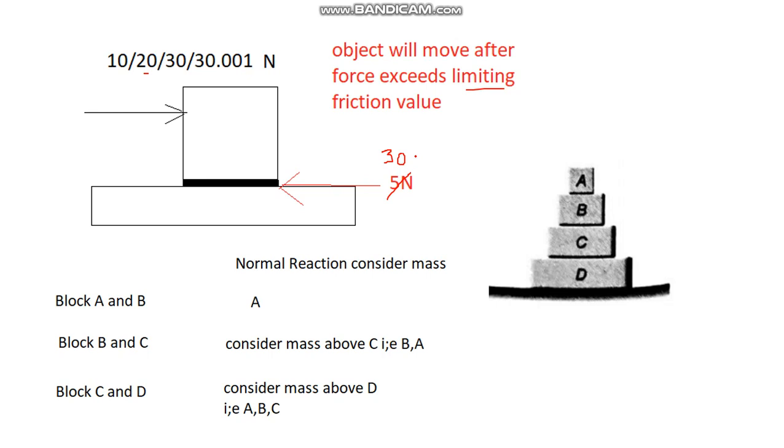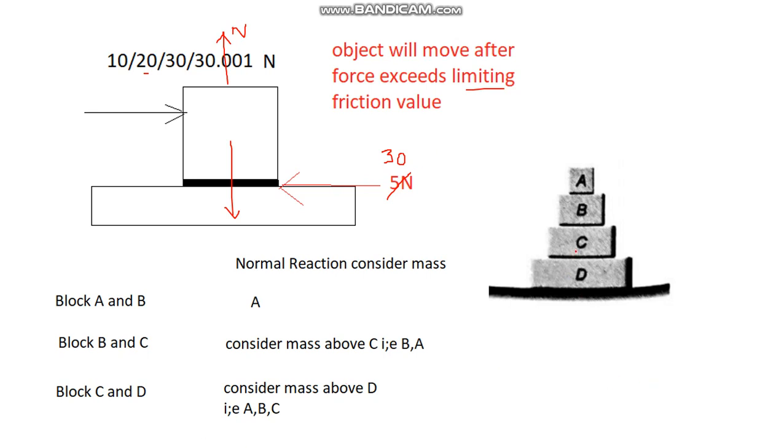Now, how do you find out this limiting friction? You need to find the normal reaction of, let us say, this block. There will be a downward weight acting, so there will be a normal reaction in the upward direction. This N value you have to find out, multiply with the mu value, and you get the limiting friction value. Only when the force exceeds that, it will move from its position. In the case of kinetic friction, you talk about kinetic limiting friction.